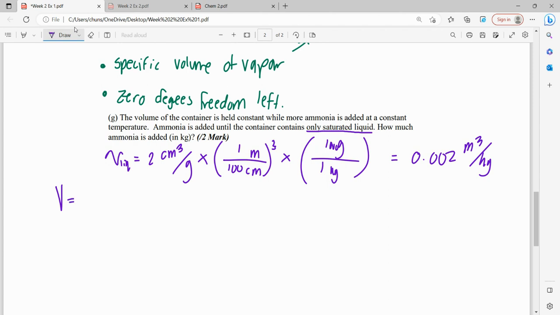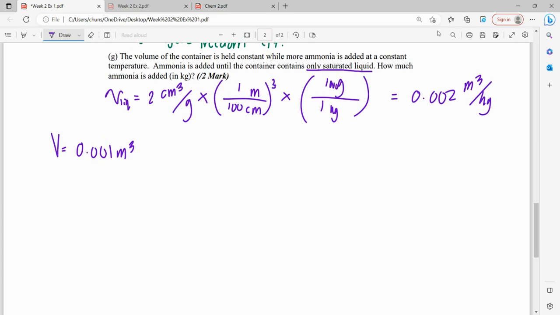And our volume we can find with our specific volume. Actually, maybe I should write that out differently. So specific volume we know to be equal to our volume per total mass. Then if we wanted to find our volume, multiplied by the, okay, give me a second. Okay, I'm actually not too sure if this is correct, but the answer key that I'm using says that the volume overall is 0.001 meters cubed. So then using our equation of specific volume,